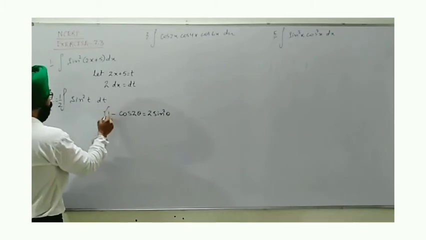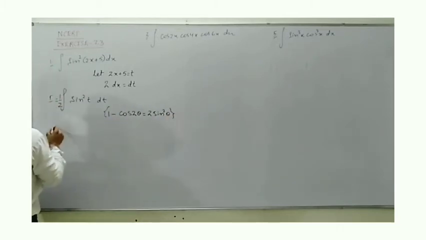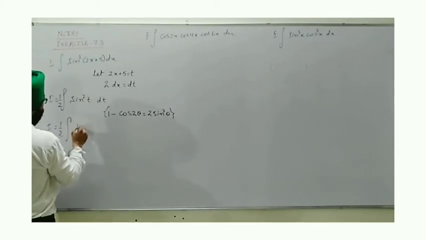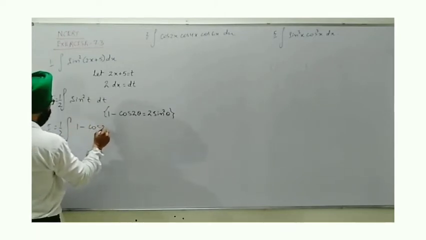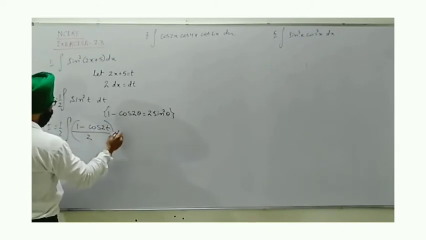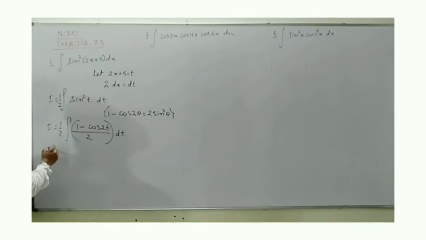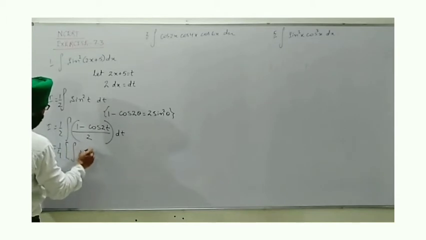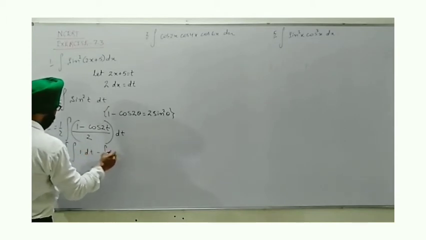So this identity we will use here. This can be written as half, and in place of sine square t, we write 1 minus cos 2t divided by 2, dt. Next, it's 1 by 4, and now we can integrate the terms separately as integral of 1 dt minus integral of